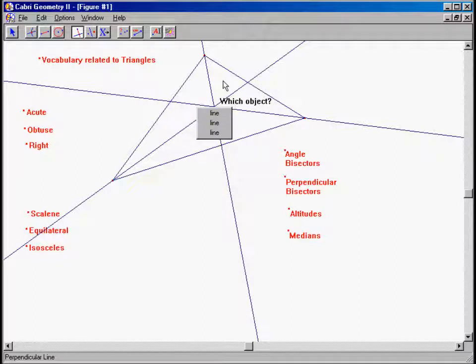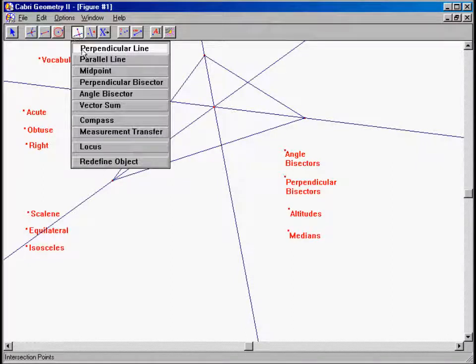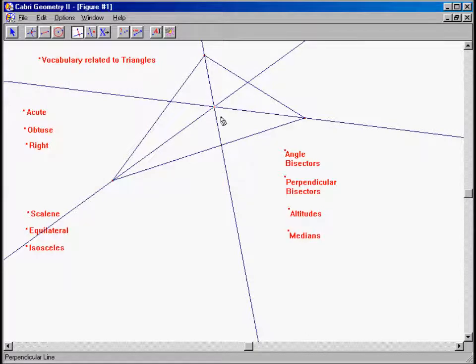First I have to create that point, a point between this line there. Now I can get a perpendicular line from that point to that side of the triangle. And there is my